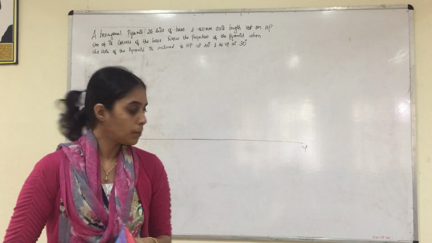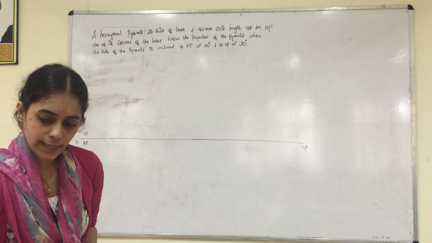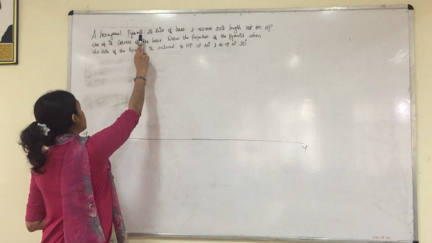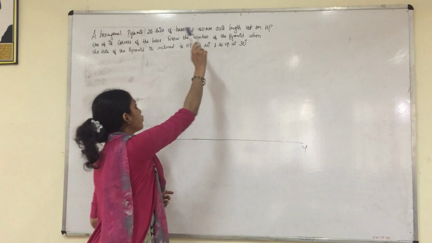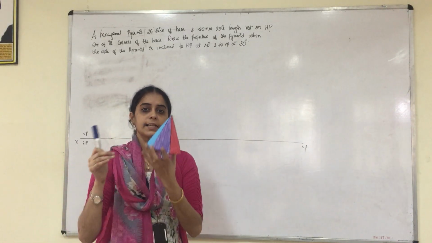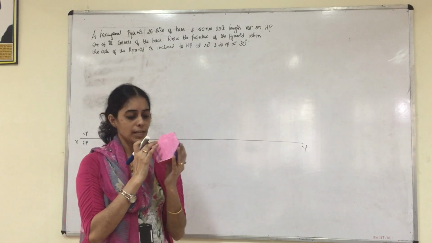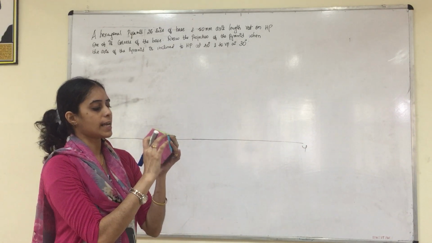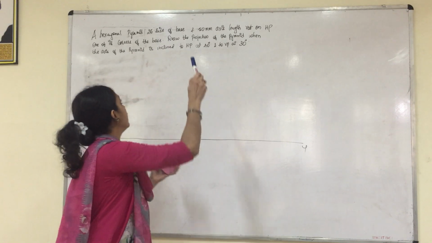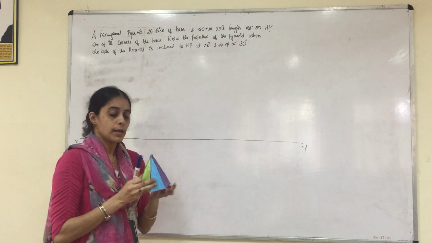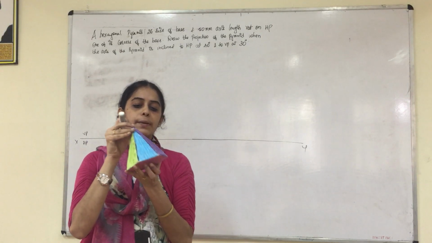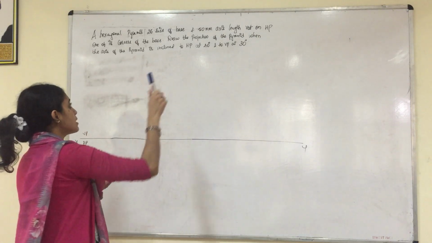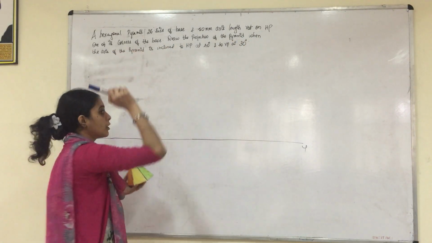So let us start off with the problem, taking the hexagonal pyramid when it is resting on one of its corner. Here you can see it is a hexagonal pyramid of side 25 mm and base 50 mm axis. You know that a hexagonal pyramid will have a base surface which has all 6 sides. The side is 25 mm, which means all the sides of the base will be equal to 25 mm. And the axis is about 50 mm. So the axis distance from the apex to the bottom of the surface will be exactly equal to 50 mm. So it is resting on HP with one of its corners of the base.